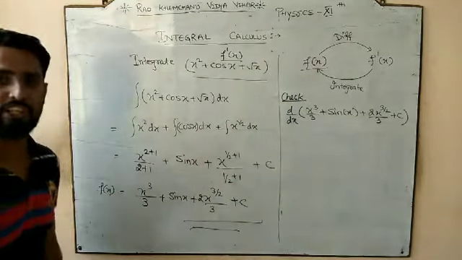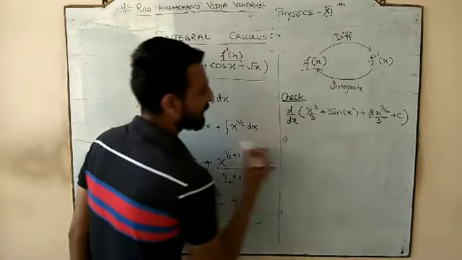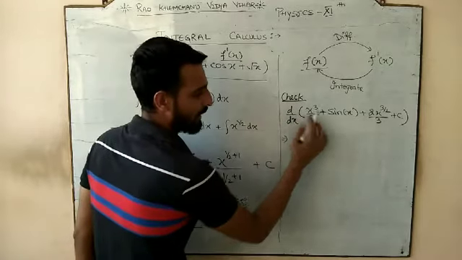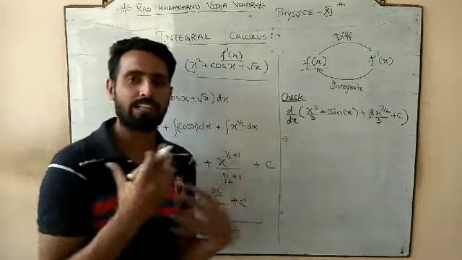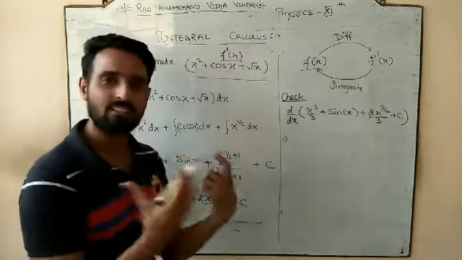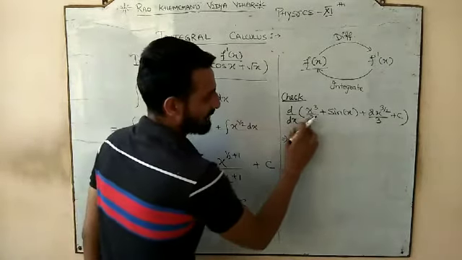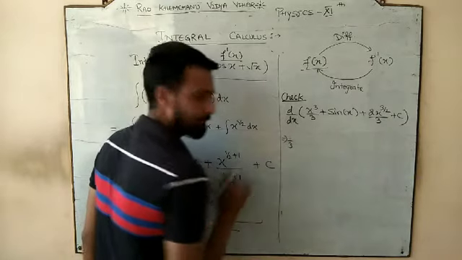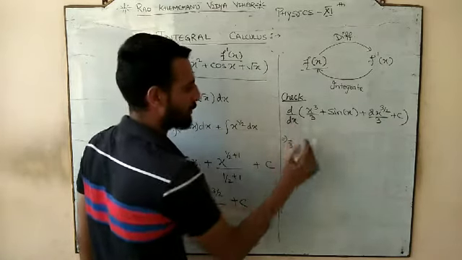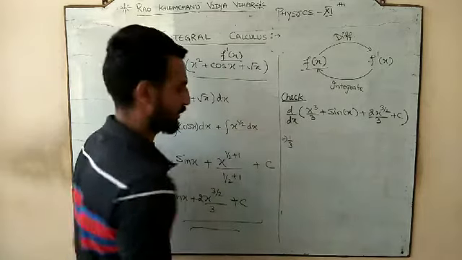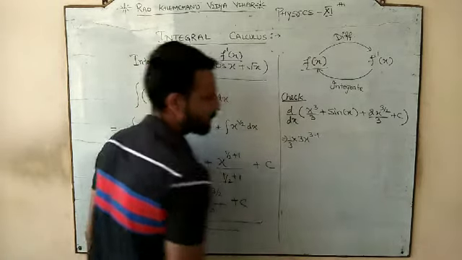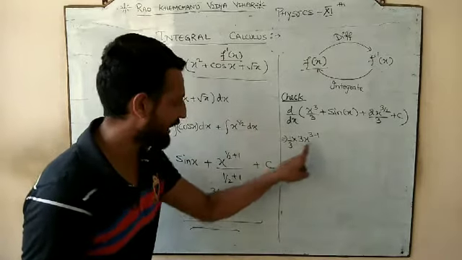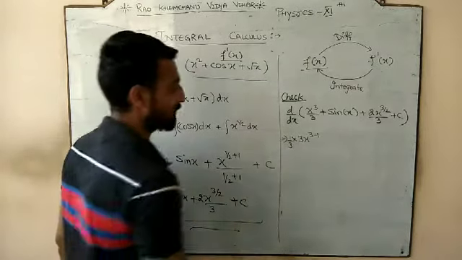Let's differentiate it. So again, differentiation rule. First term will be separate, so it would be x cube by 3. And since I am very much practiced, I do everything together. So what is the constant here? 1 by 3. 1 by 3 is a constant, so it would be x power 3 differentiation. So what is the rule of differentiation? n into x power n minus 1. You have to apply the differentiation.